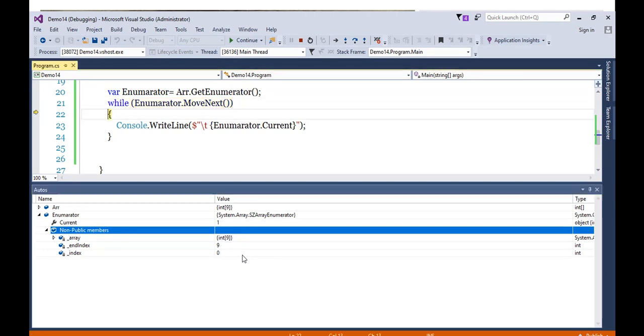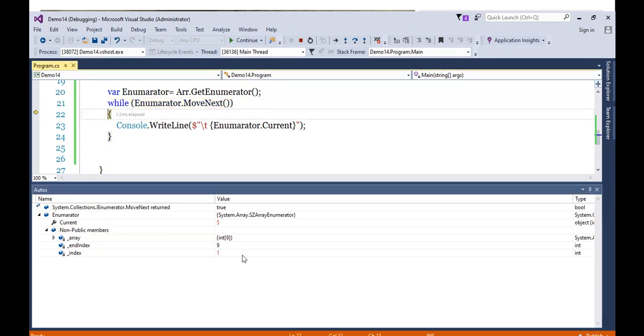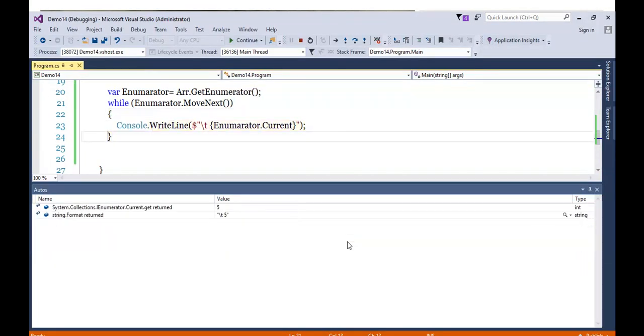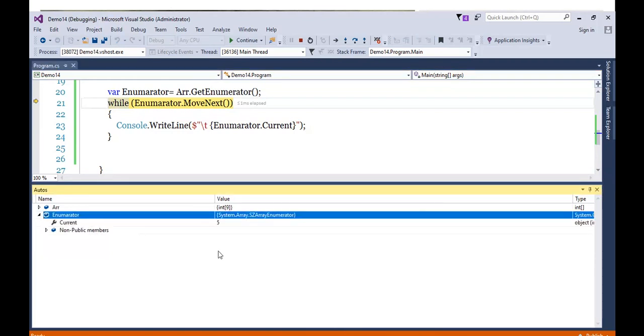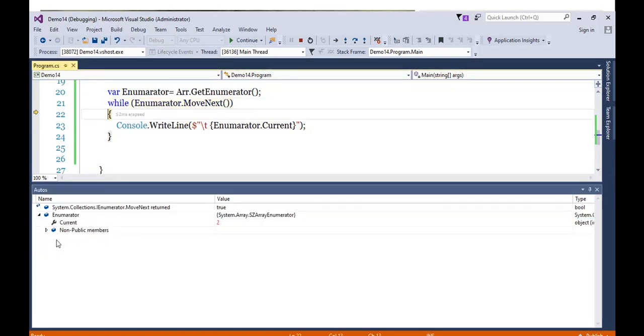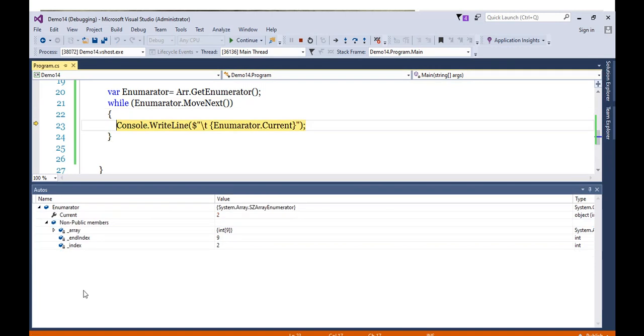So if I press F10, you can see the index value changed to 1 and the Current property value is 5. And now it is going to print the value, and this process will go on. This is how the enumerator is working.